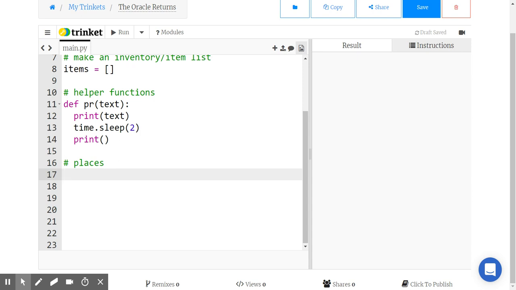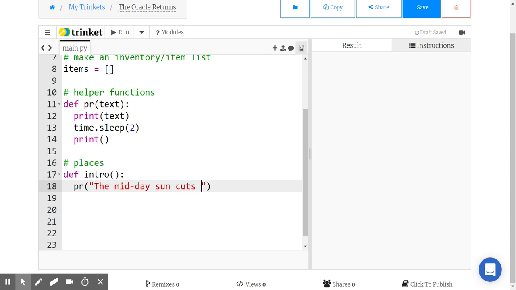Now, here's the thing, the way I'm going to set it up, and I really strongly recommend you set it up this way too, is we're going to set up every place as a function. So the first one is the intro. I'm going to define the intro function. And what do I want to happen? Well, I'm not going to use print because I've made my own print function, which hopefully works really, really well. And I'm going to say something poetic like,